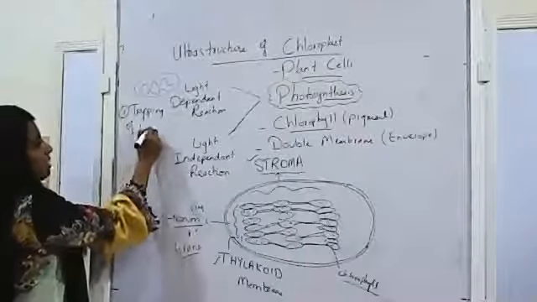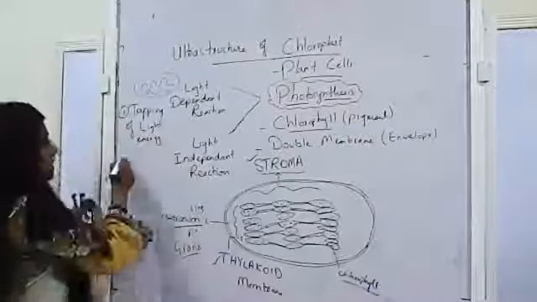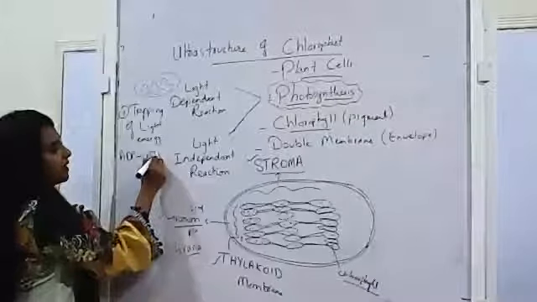Of light energy. Your book says that ADP is converted to ATP. I hope you remember from mitochondria. This is what mitochondria also does, right? It converts ADP or AMP to ATP. That generates energy, right? So that is what it does for itself. That means chloroplast does not need energy from mitochondria or from the cell. Chloroplast can make its own energy, because chloroplast is capable of trapping light and converting that light energy into the form of ATP.